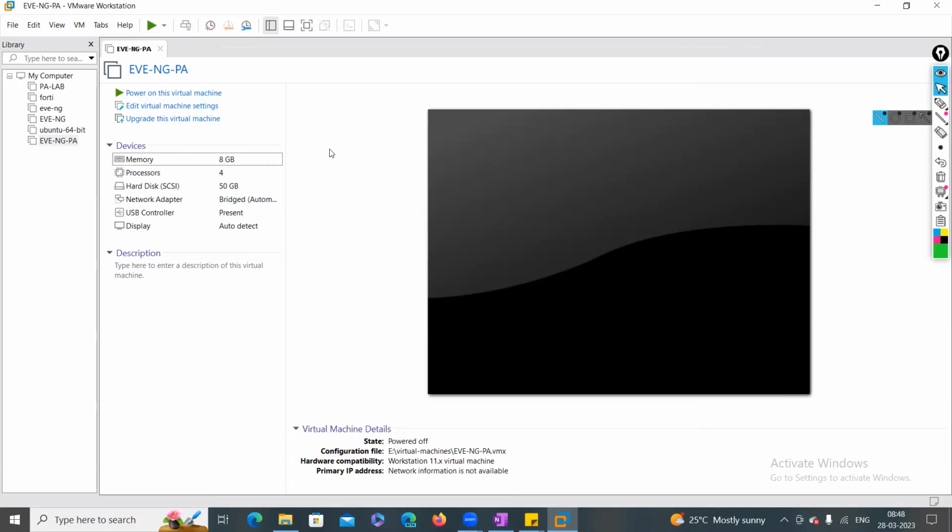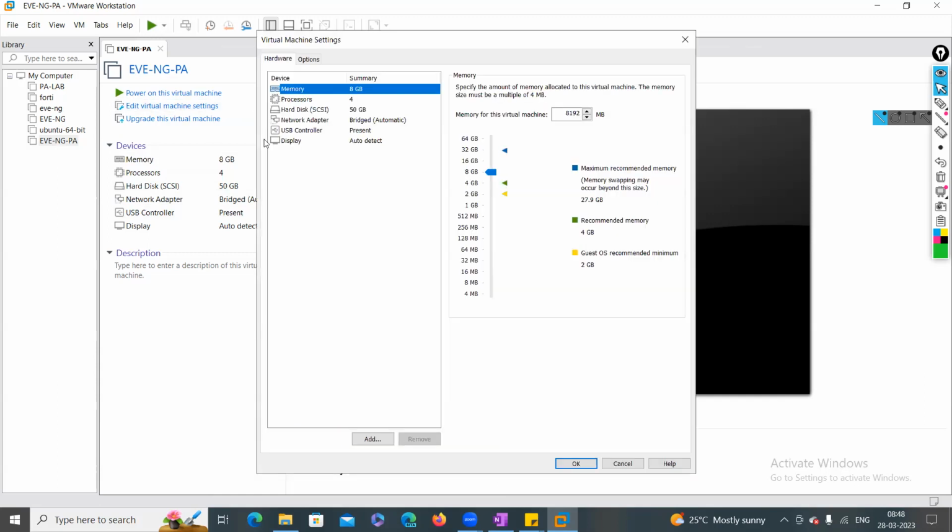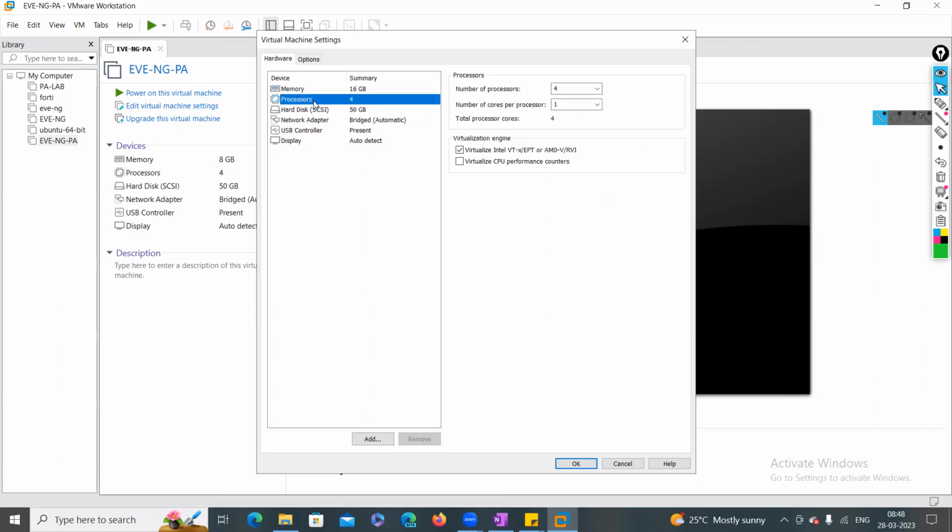So in future, if you want to customize your hardware resources, you can go to edit virtual machine settings, and here you can edit whatever you want. You can increase or decrease the hardware allocations. So I want to increase this virtual machine from 8 GB RAM to 16 GB RAM. And then the processor: I have an 8 core processor with 16 threads. Right now it's allocated only